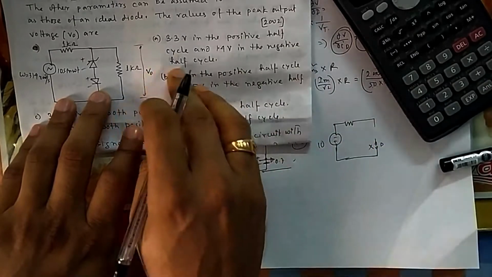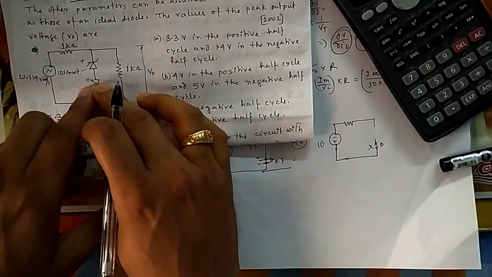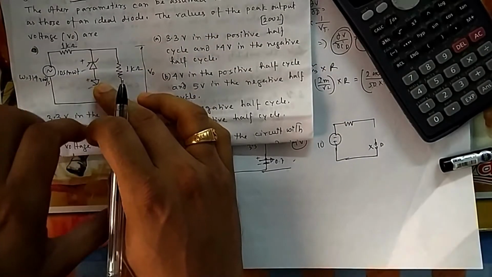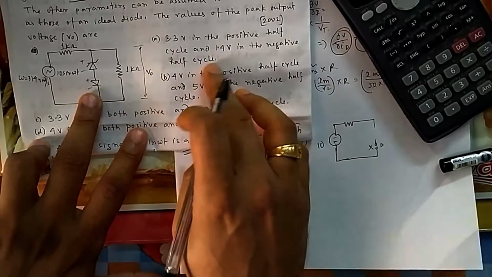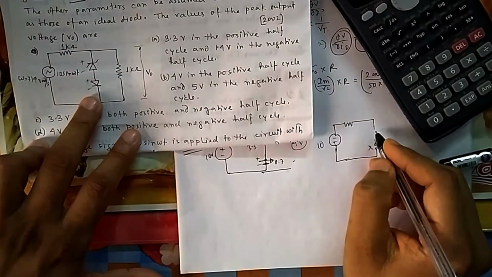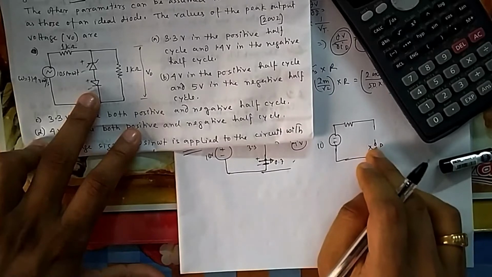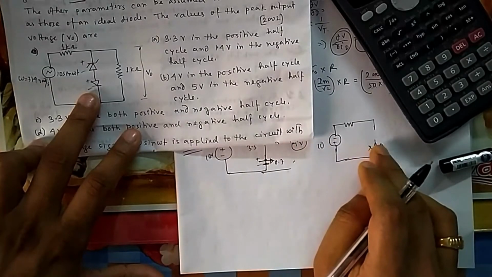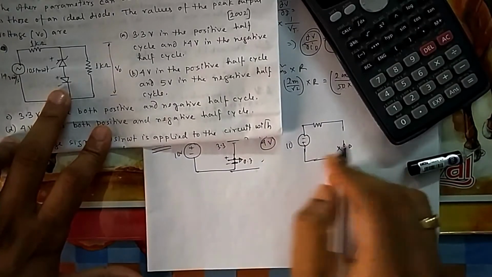So you can say in the long run, if you keep this circuit on for a long run, this will burn out ultimately after one cycle, two cycles or three cycles. They are not asking you what will be that. You think what will be the voltage in the first cycle. So if it is out, then because it is reverse bias, don't consider it like Zener, it will work in reverse bias. So you don't consider a normal diode working in reverse bias condition. You will never consider this one.